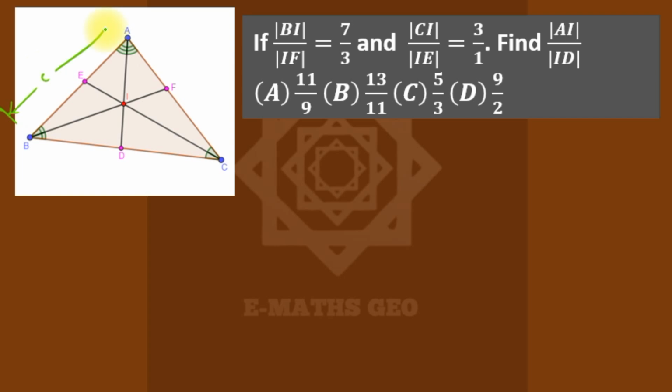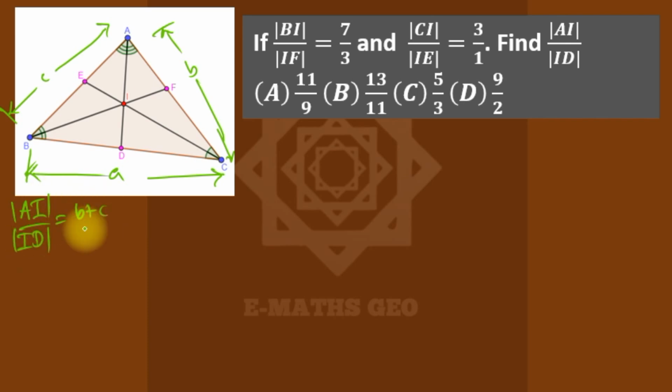small letter c, here small letter b, here a. I will prove it after this solution, that AI over ID will be b plus c over a. That's if you are to get the ratio of the angle bisector. This angle bisector is the sum of the other two sides over the side